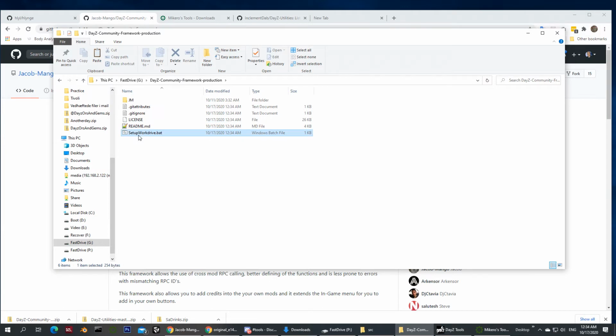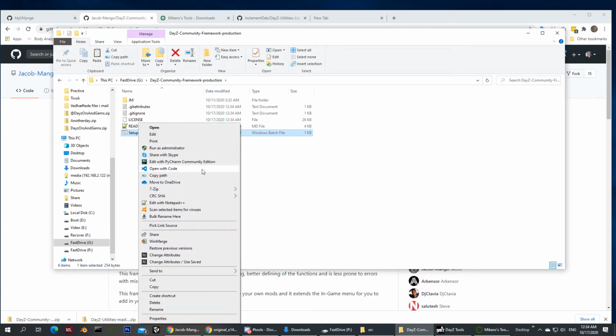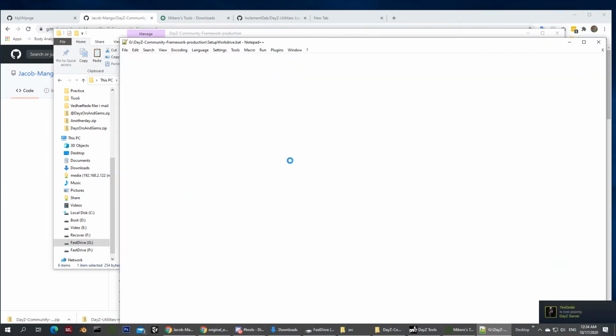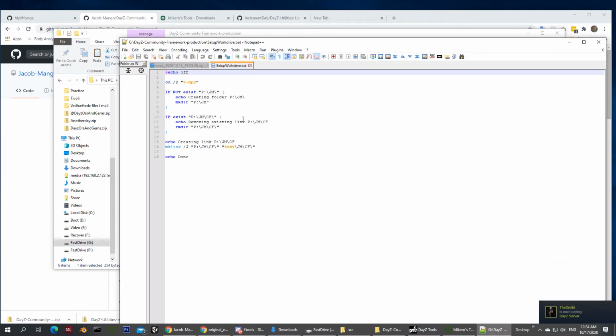To create that, Jacob has included a bat file in his Git repository that basically creates the links I need. So what happens here is that this is a reference to the root where the bat file actually resides, and then it checks whether the folder JM exists on the P drive. If not, it creates it.